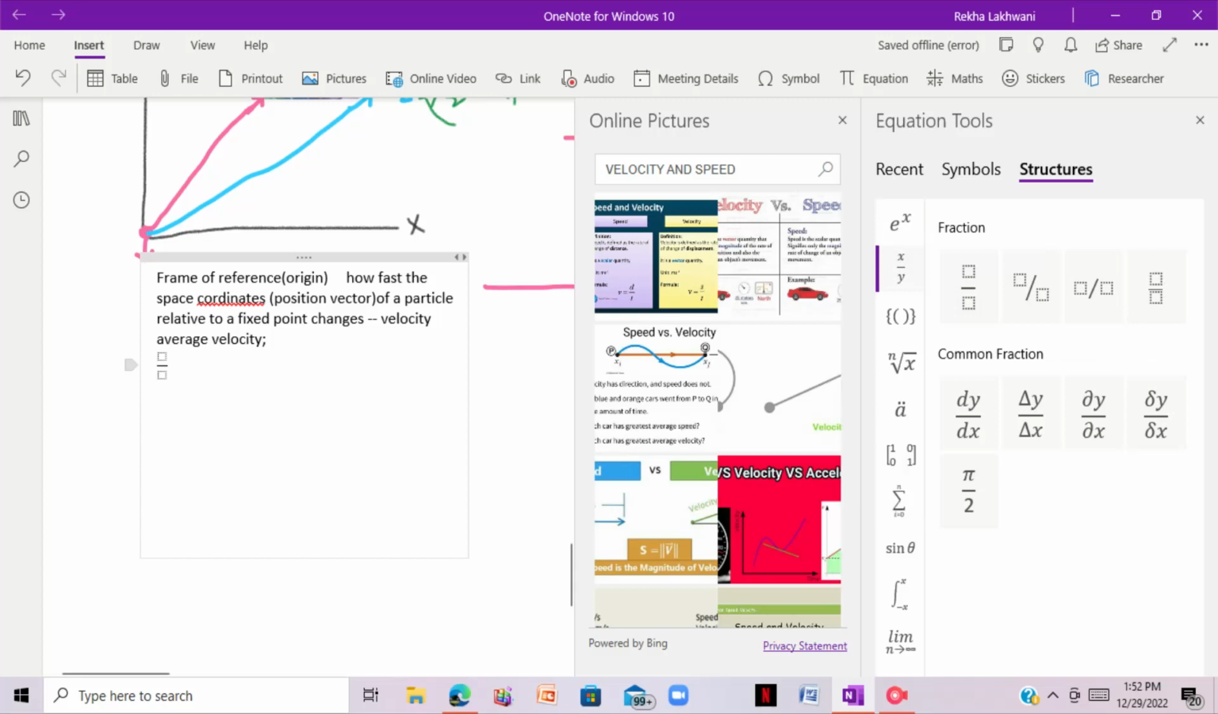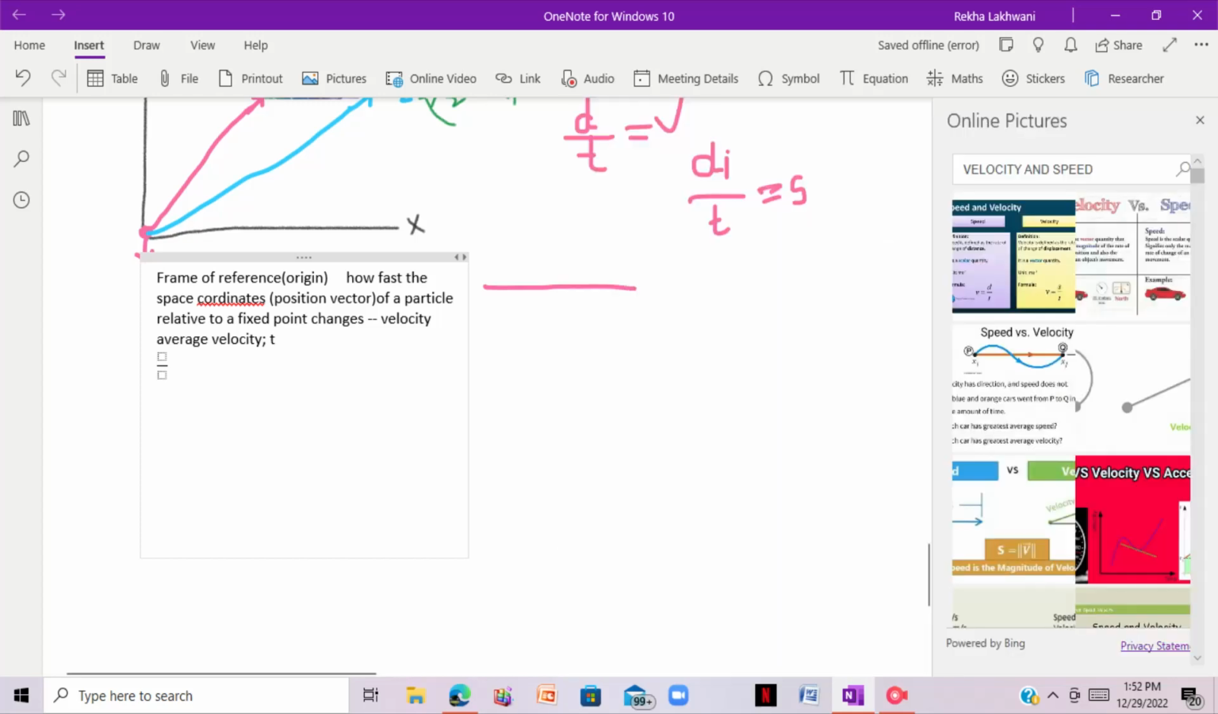Now, what is average speed? Average speed is total distance upon total time. One thing to note over here is that